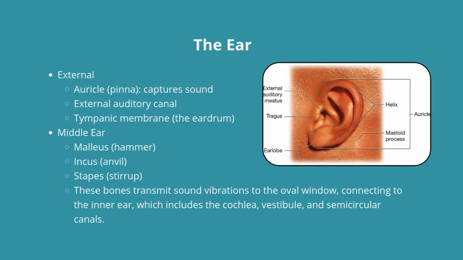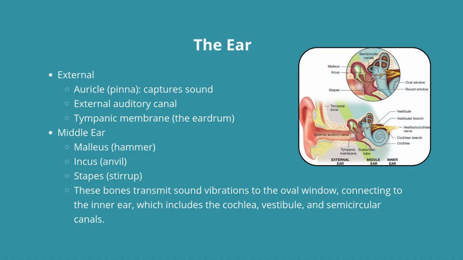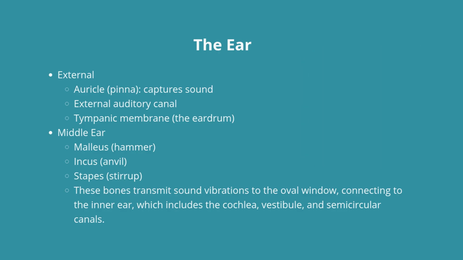The external ear includes the auricle or pinna, which captures sound. Sound travels through the external auditory canal and hits the tympanic membrane, the eardrum. Behind this is the middle ear, containing 3 tiny bones: the malleus, the incus, and the stapes. These bones transmit sound vibrations to the oval window connecting to the inner ear, which includes the cochlea, vestibule, and